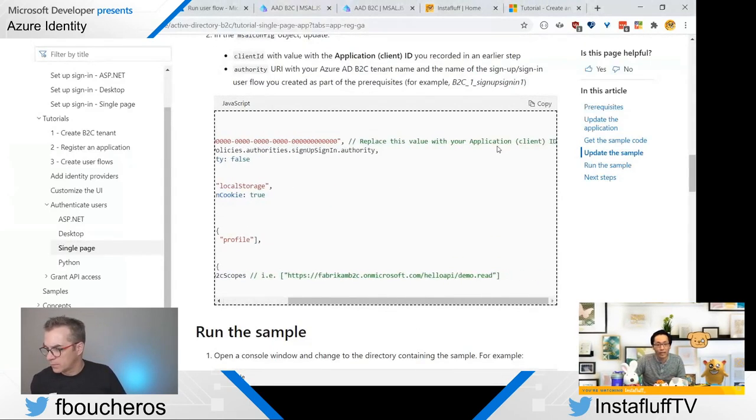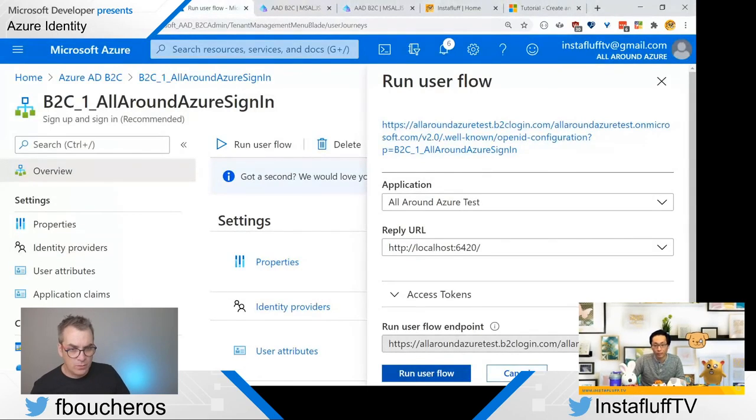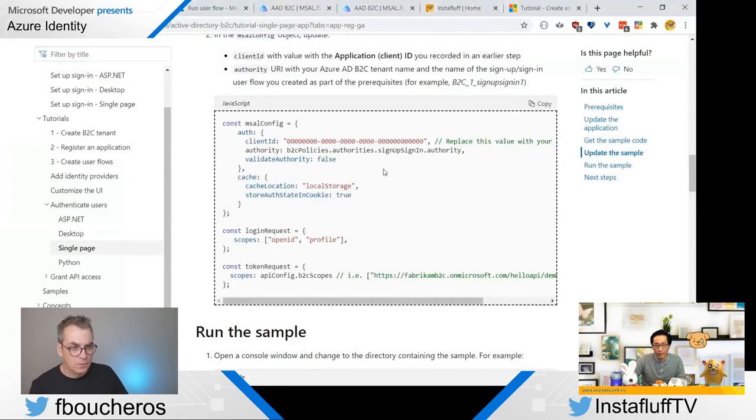It's supposed to be the application client ID, so I think we got that one right. Yeah, that one was good. And then the authority URI with the Azure tenant name and the name of the sign up, sign in. I think that's the part that I did wrong. Tenant name and the name of the.